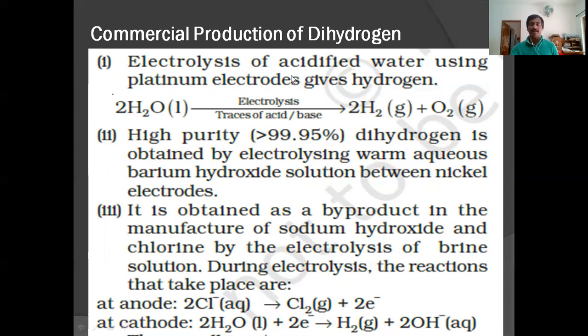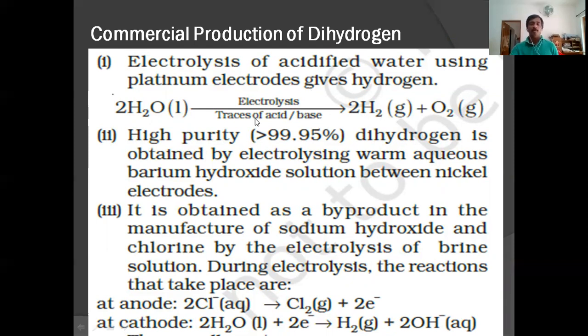Commercial production of hydrogen. There are several methods, and it is a familiar method for you. Electrolysis of acidified water results in the formation of hydrogen and oxygen. If you forgot any other method, you can remember this. Electrolysis of water, because you are familiar with this method: 2H2O(l) on electrolysis gives 2H2 plus O2, with a trace